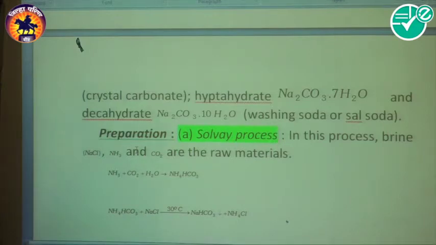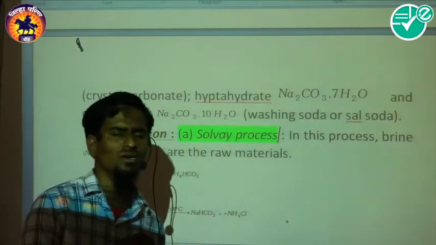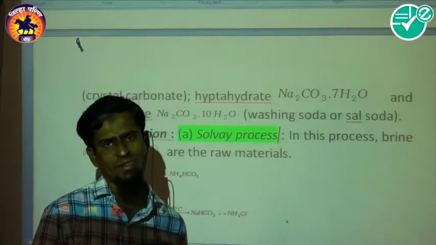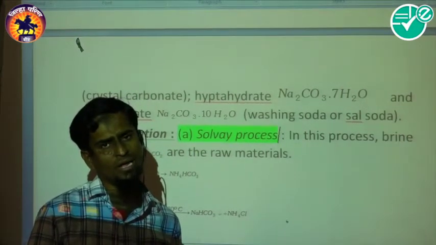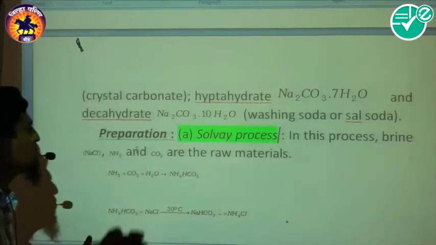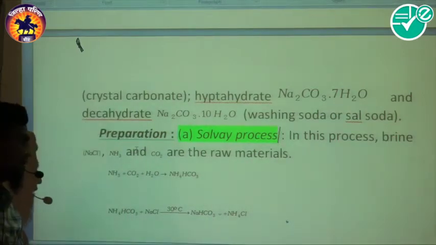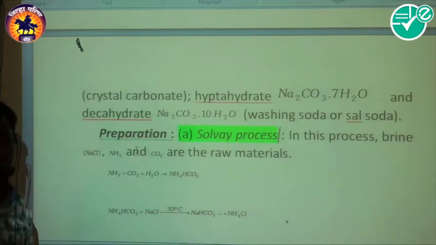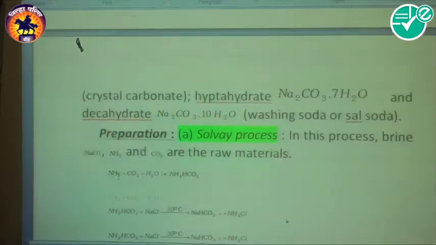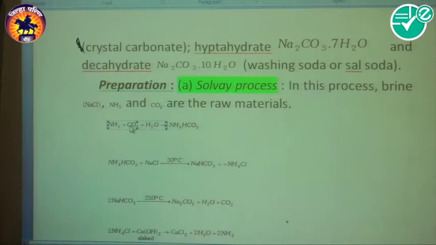In this case, you are applying the phenomenon of common ion effect. In the case of sodium bicarbonate, you are adding NaCl to it, and with that you try to obtain sodium carbonate. Whatever reactions are taking place here, I am going to show you, and please try to note them down. I hope you already studied this at your 11th class level, but I am only showing you. Okay, what is going on here?